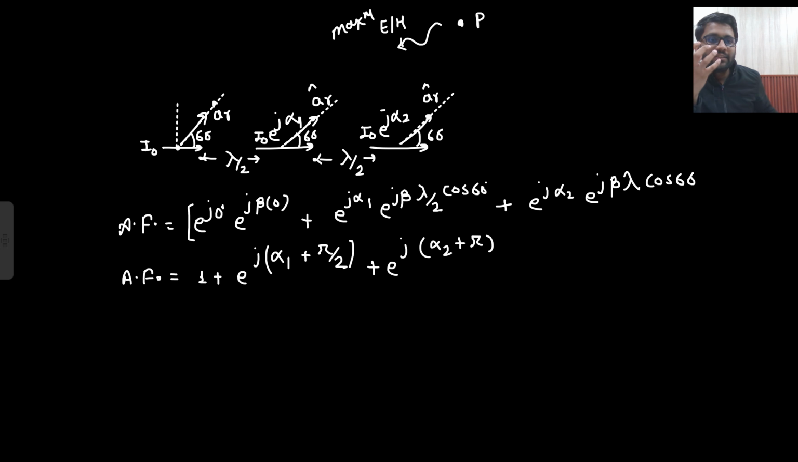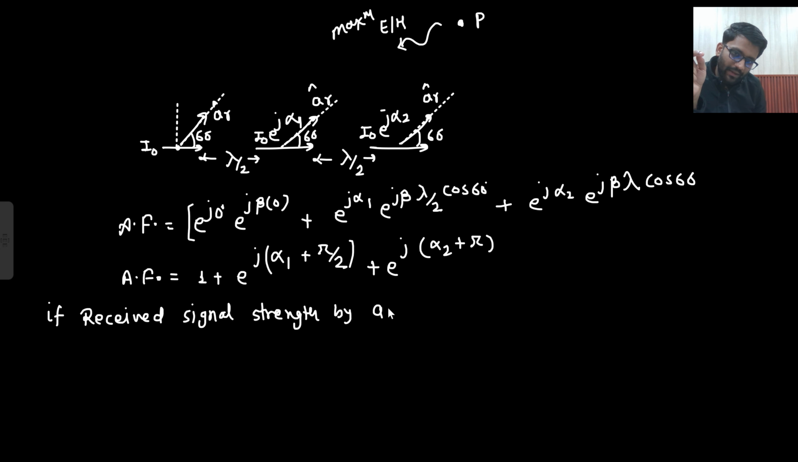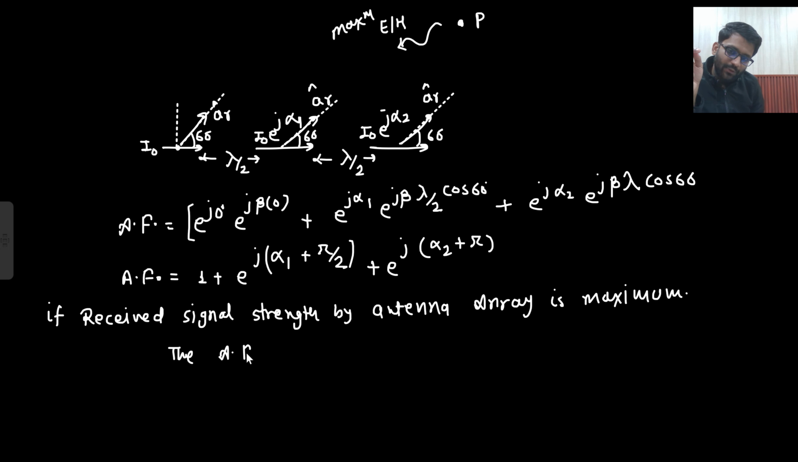The received signal is maximum. From point P, the setup is done in a manner that the received signal is maximum. What does that mean? If the received signal is maximum, that means the array factor has to be maximum. So what do we need? If the received signal strength by the antenna array is maximum, then the array factor should also be maximum,